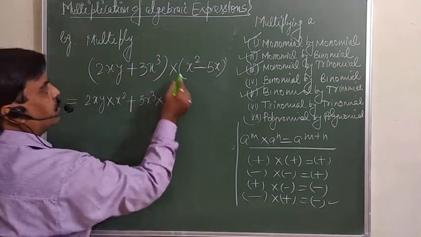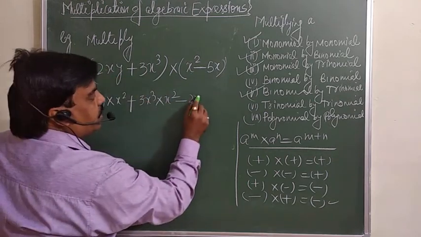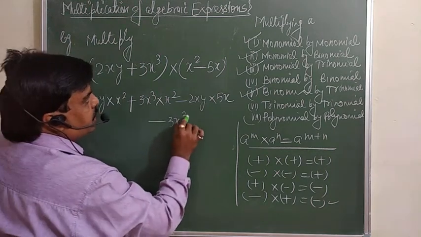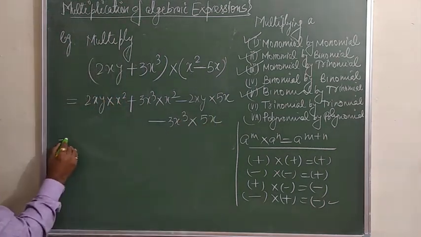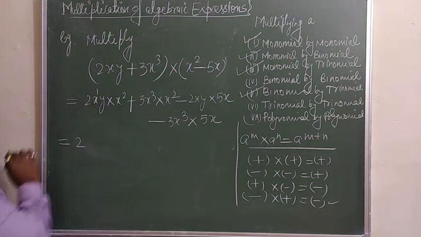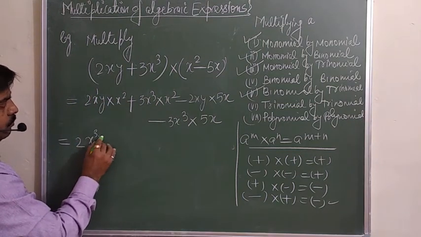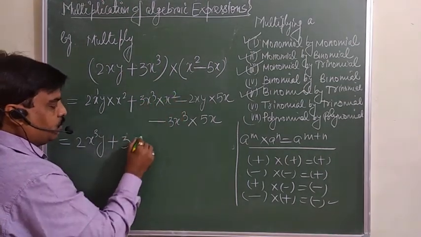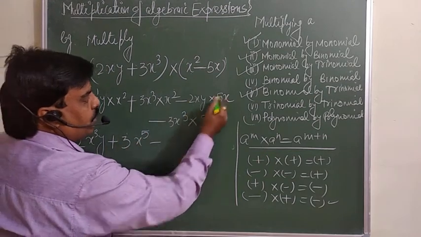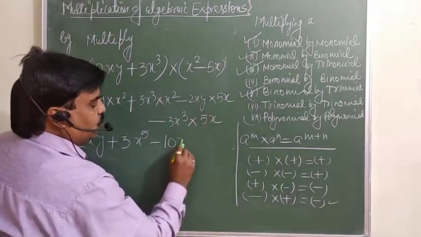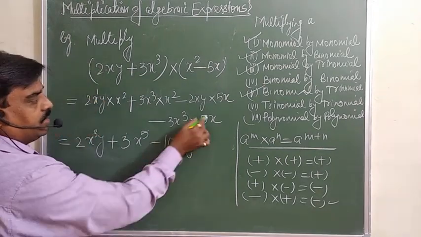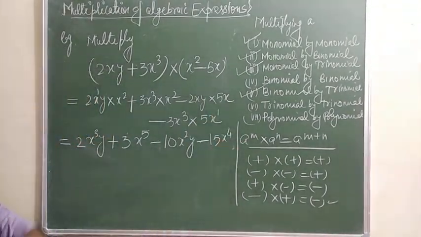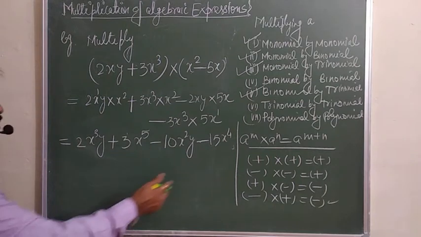So minus into plus minus 2xy into 5x. Here is minus 3x cube into 5x. Now this is your 2x raised to power 1. Here is 2x cube y plus 3 into 1, 3x to power 3 and 2x raised to power 5. This is 2 5 to 10x into x square. Y will remain as it is. Minus 5 3 is 15x raised to power 3 and 1x raised to power 4. Now look, are there any like terms? No like terms are there, all are unlike, so